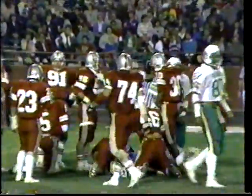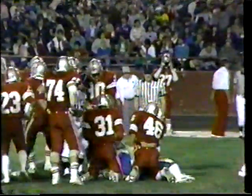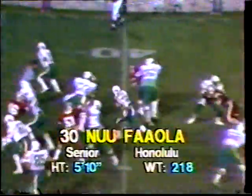Tipton gives the ball up the middle of the field. A big hole, 40, 35, 30, 26-yard line. First down of the Rainbows, ripping up huge chunks of yardage now, right up the middle. Well, you very alertly called it, Jim. It was only a two-man line, but for some reason, New Mexico, possibly anticipating pass, it